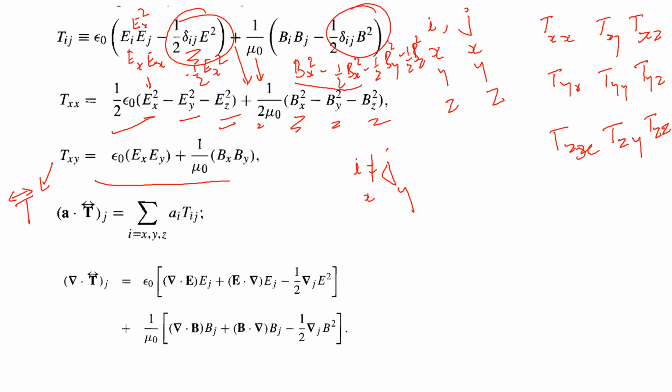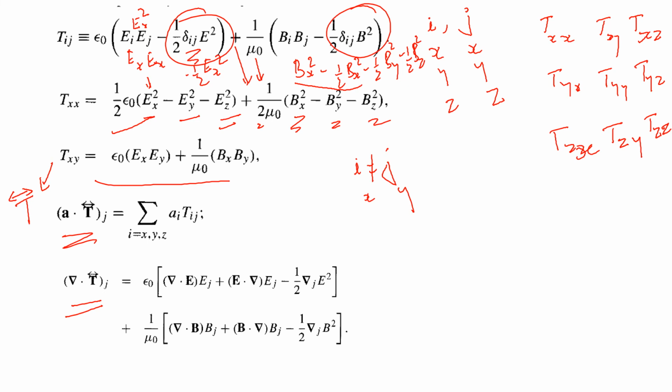Now we can find the dot product of this tensor with another vector. If A is a vector and Tij is a tensor, then we can find the dot product A dot T. You will get an answer Ai Tij. Only the same direction dot products will give an answer there. Similarly, del dot T will give an answer epsilon 0 times del dot E times Ej plus E dot del